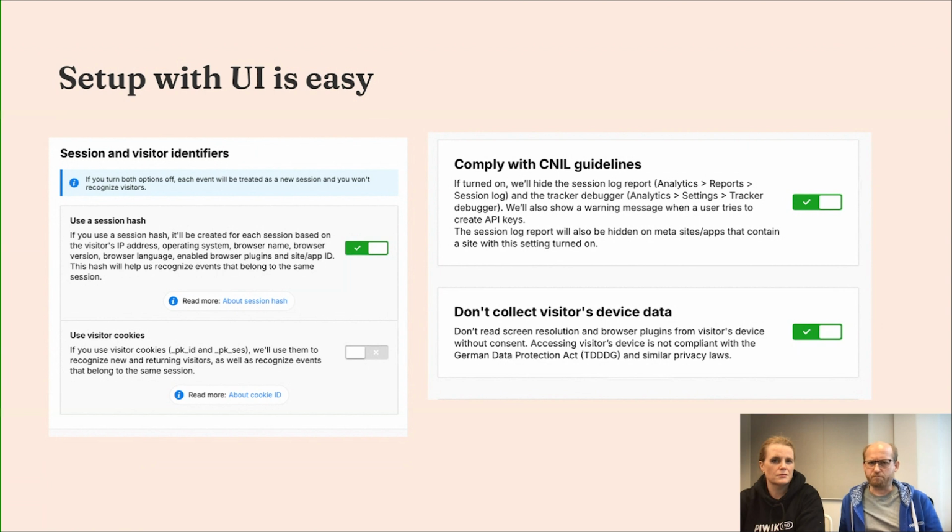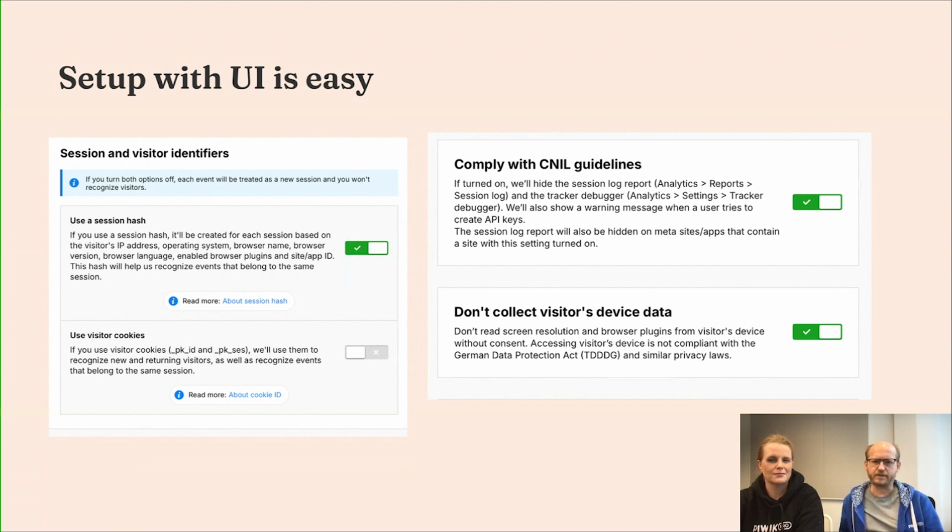We turn on complying with the CNIL guidelines, hoping that the Finnish data protection authorities would also accept these guidelines if asked. And then we also added the option not to collect visitor device data.